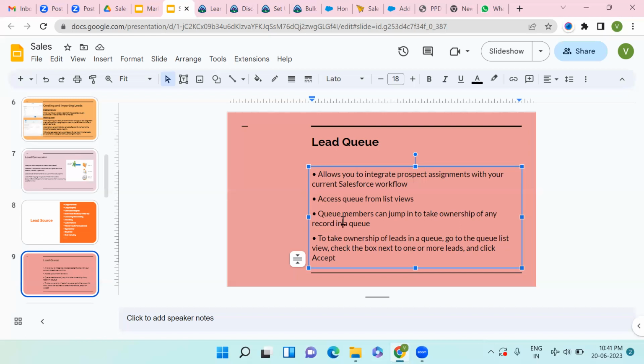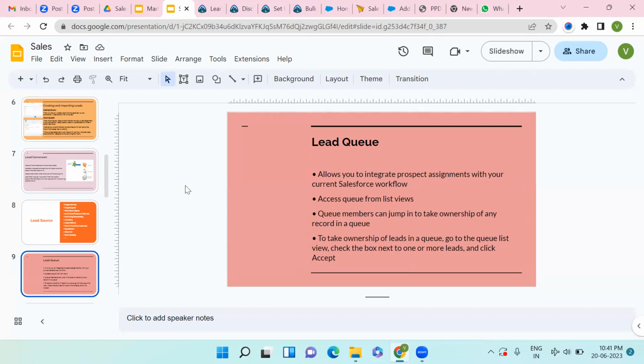Anyone who is available takes up the lead as soon as possible, so the leads in your queue are not in an idle state and are taken care of regularly. Are you getting my point? Yeah. So that's all about the lead queue.